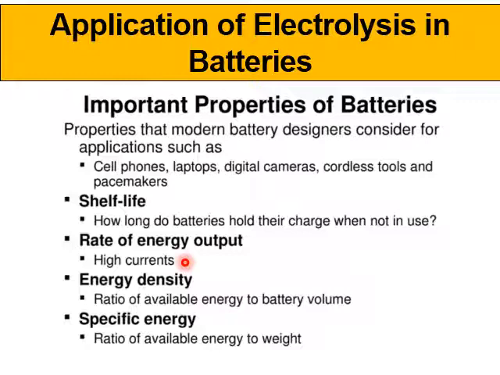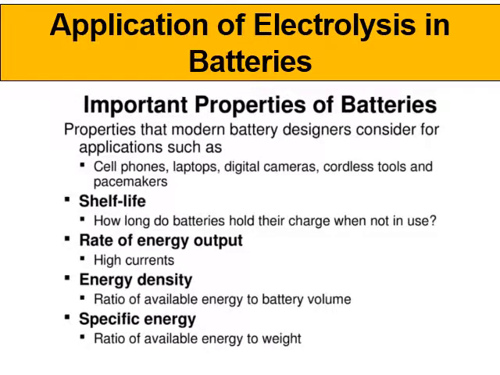So is it produce high current or not? Is it effectively can clean your face or not? Okay, energy density is the ratio of the available energy to battery volume. Right, and then specific energy is the ratio of the available energy to the weight. Okay, how much can the weight produce energy? Is it too weak but it produces less energy, or how? Okay, those are among the properties of the battery that you have to take notes of if you want to consider